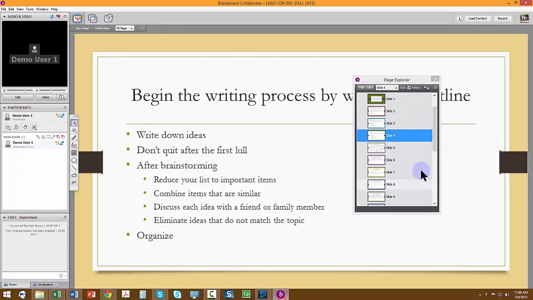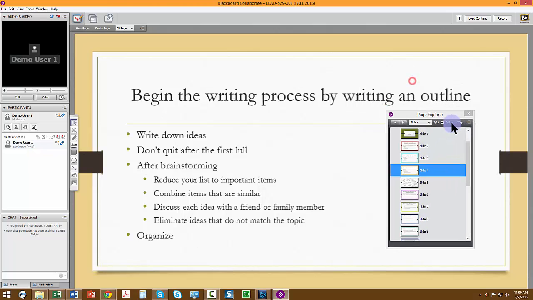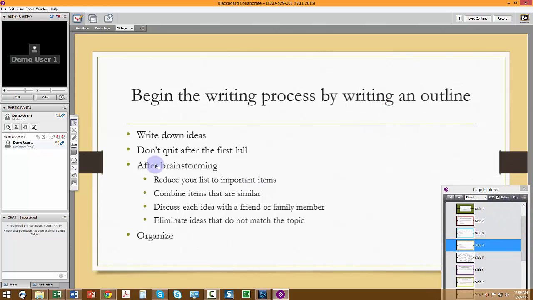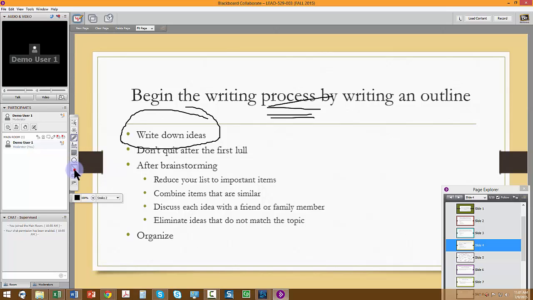That is glitching out on me. Here we go. Let's just move it to the side here. You can use any of the tools that we talked about previously. Maybe you're trying to circle something or indicate something specific on a PowerPoint. You want to really highlight something. You, again, can use all of these tools